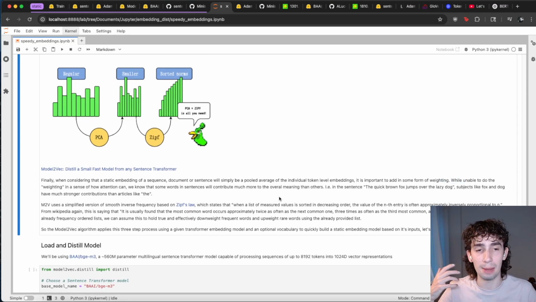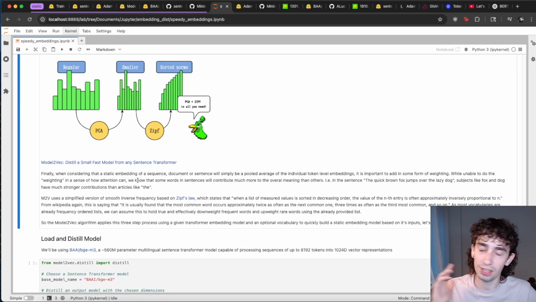This weighting actually happens pretty much automatically when we use attention-based models, because we relate words and their meanings more specifically to the semantically rich words that are contextually around them. So without the luxury of attention, we essentially are going to use a simplified version of smooth inverse frequency, based